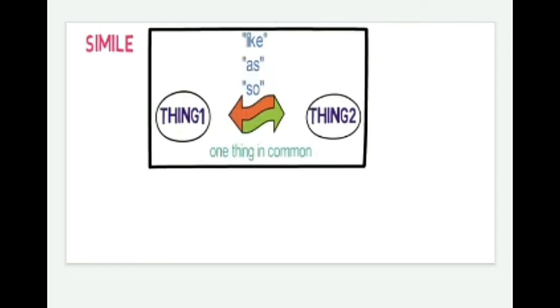First we are going to see simile. Simile is when thing one and thing two have something in common. One person is thinking the same as another person, so both have something common, and the words like, as and so are used. That is called simile. For example,